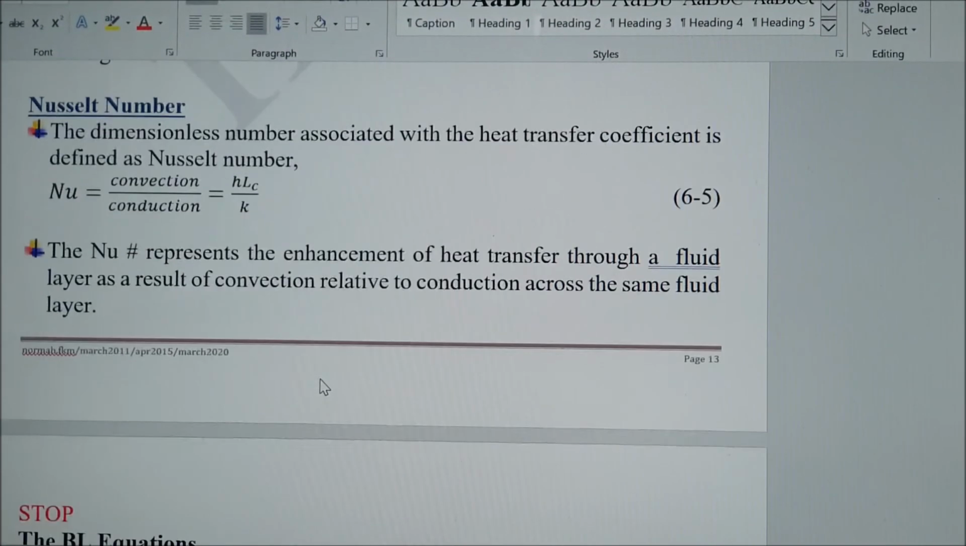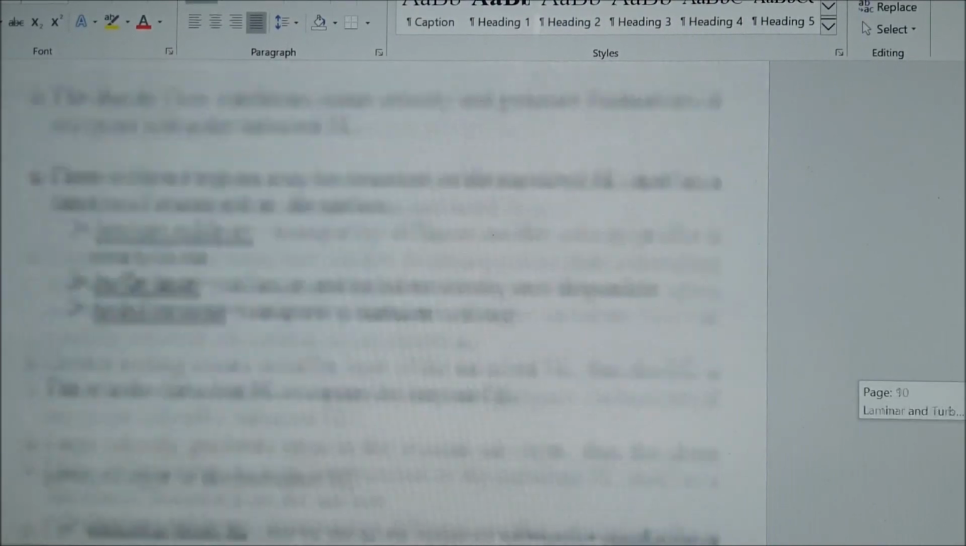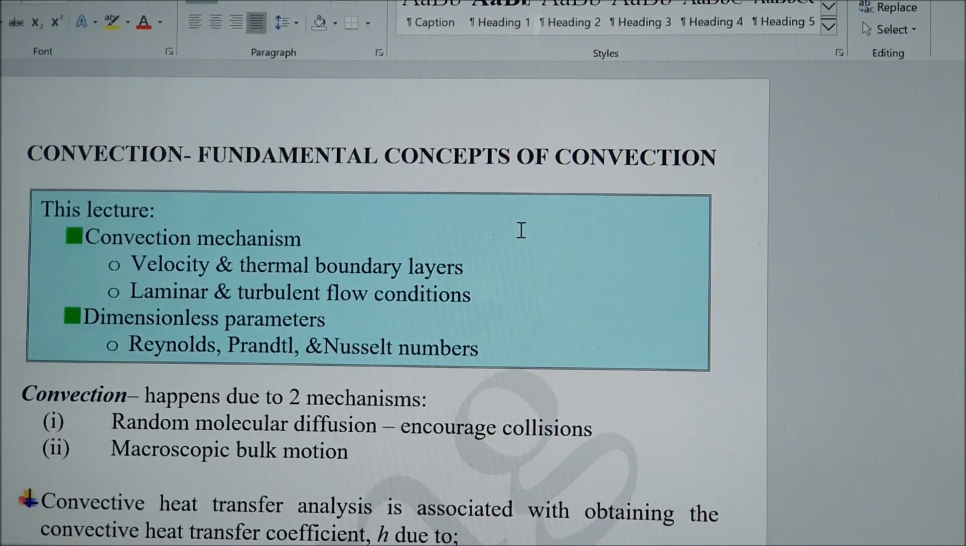Okay, I'm going to stop there. So that is part 2 of our topic on fundamental concepts of